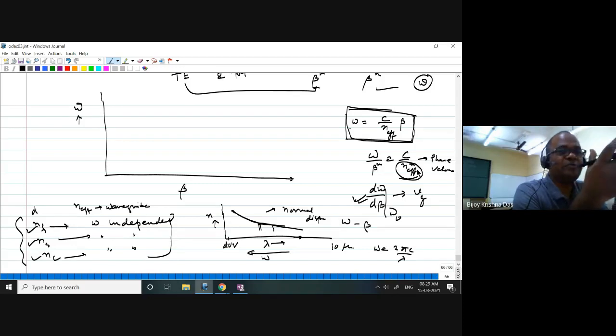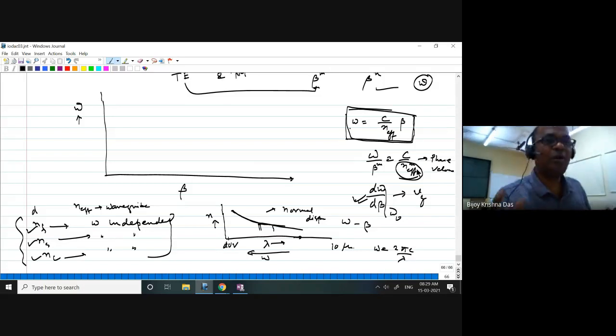When I say waveguide dispersion, that means you are concentrating only on one particular mode. And whenever you are talking about modal dispersion, that means you are talking about maybe one particular frequency but different modes. Frequency is fixed, but your modes are traveling with different velocity, even though the waveguide is the same and the frequency is the same. Now if your mode is the same and the waveguide is the same, but you are changing wavelength or frequency, that time also you see dispersion.